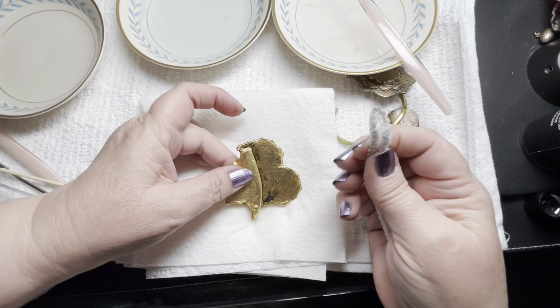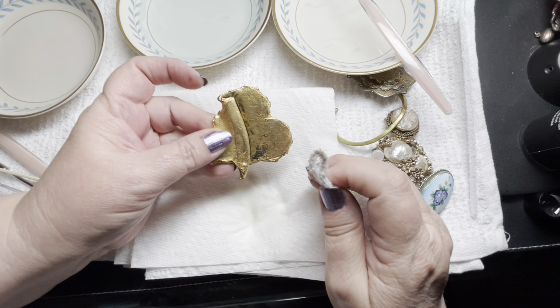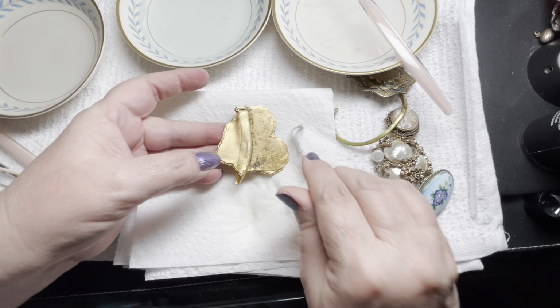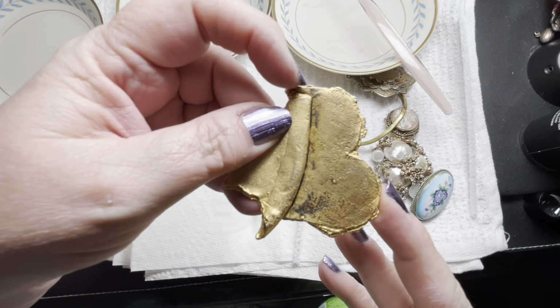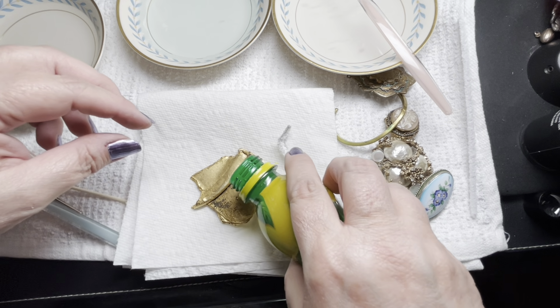Wow. We cleaned it all that well with the soap and water and the vinegar and ketchup, and still more is coming off with the lemon juice. So let's just put some more on there, and we're going to let it soak a little further. After we got off some of the black, now I am seeing green over in this area. So we're going to let this sit